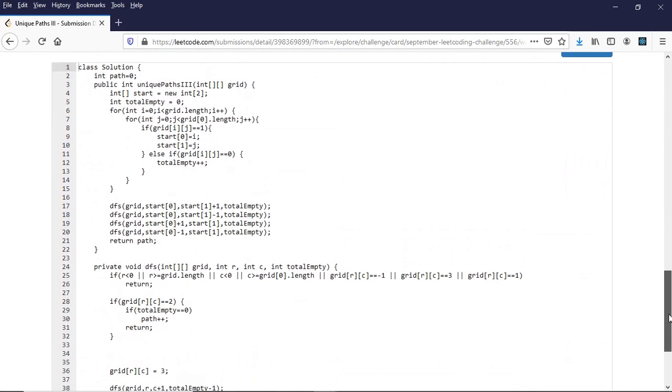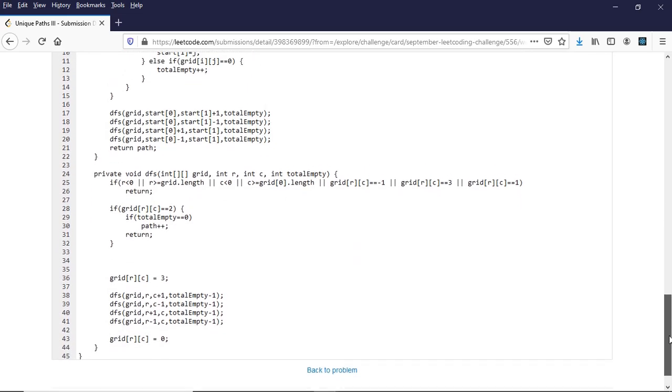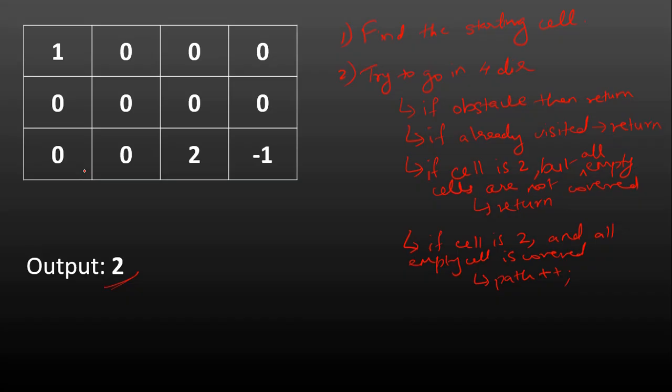So the time complexity for this particular algorithm, right, to get that, let's assume that this is 0 and this is 1, right? So from this starting cell, I can go to this direction, to this direction, to this direction, and to this direction. These are the 4 directions that I can go in.